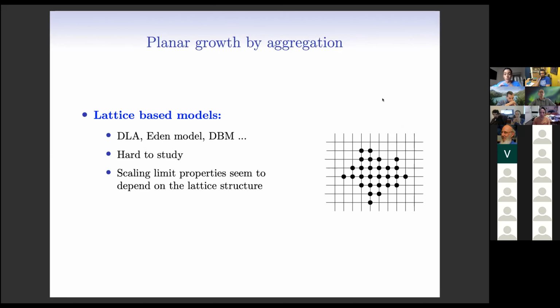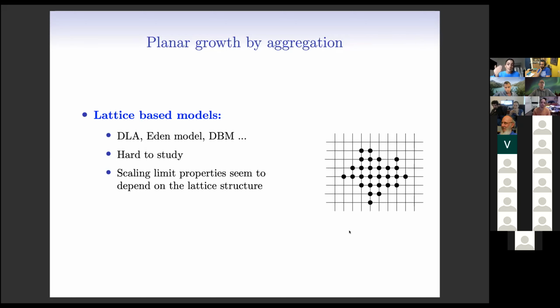So you choose an underlying graph. Here is the two-dimensional lattice in this picture. And you start with an initial seed, an initial aggregate, say one particle or a cluster of particles, and you want to aggregate more particles to it by attaching a new particle on the cluster boundary according to some probability measure. And the probability measure that you choose on the cluster boundary will determine the kind of model you are